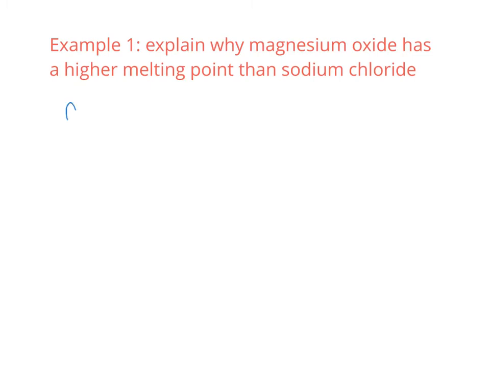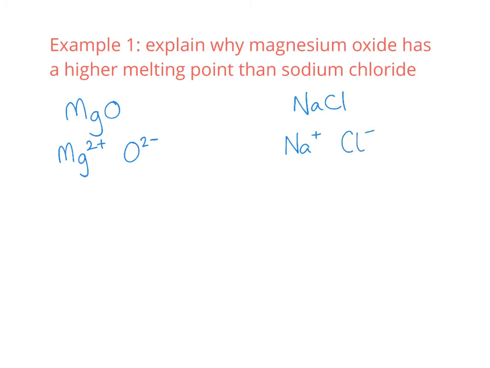So we've got magnesium oxide and sodium chloride, and we're told that magnesium oxide has a higher melting point. So looking at the periodic table, these are both ionic compounds, metals and non-metals. Magnesium is a 2+, oxygen is a 2-, whereas sodium is a 1+ and chloride is a 1-, and they're all in the same row of the periodic table with the exception of oxygen actually, which is in the top row. But really the main difference here is the size of the charges. So they both have ionic bonding, we're not comparing different types of bonding. So it's simply that